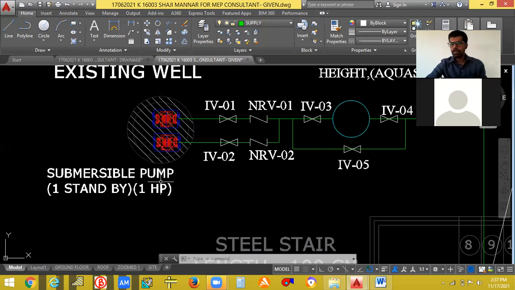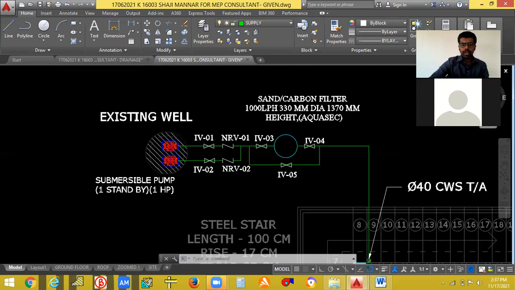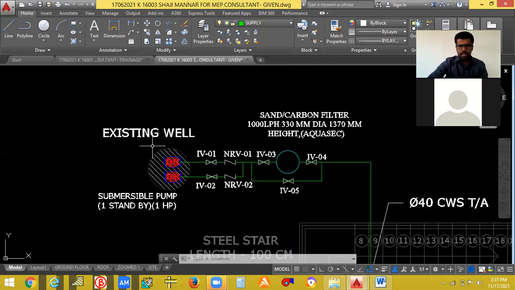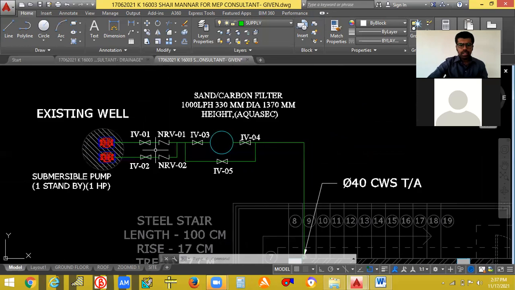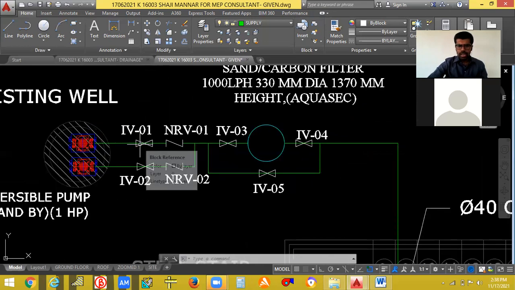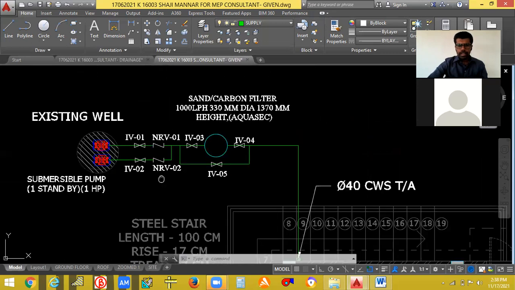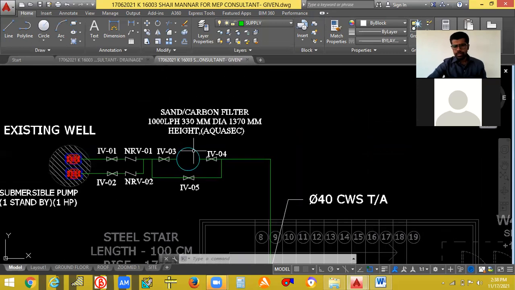You can calculate the pump capacity. We have already taken a class regarding pump capacity, how to find pump capacity. From there, you can find out the pump capacity. And these are different valves only. You can give valves: isolation valve, non-return valve. Okay, and then you can give a filter. They said that they need a filtering system.